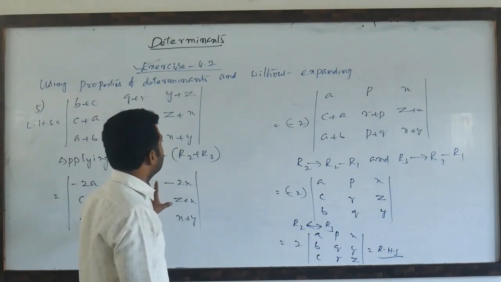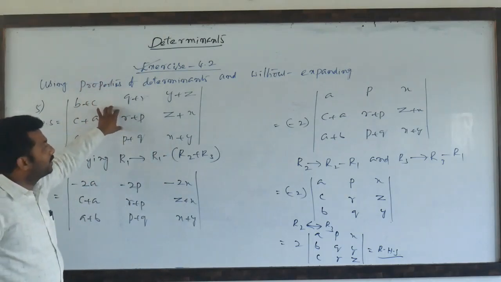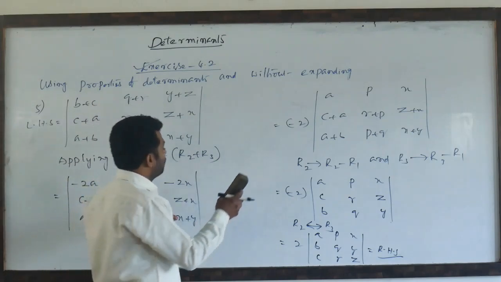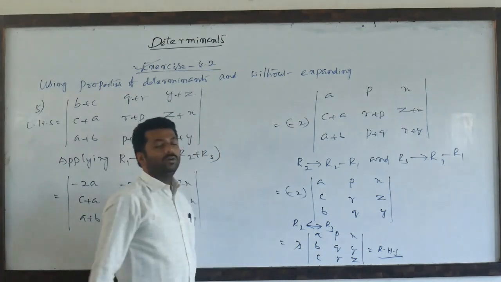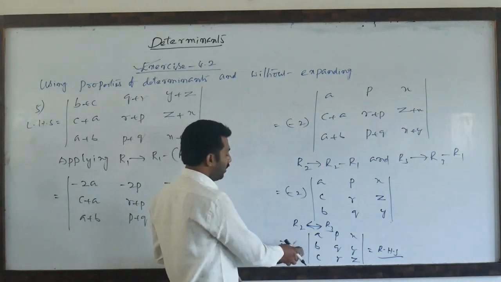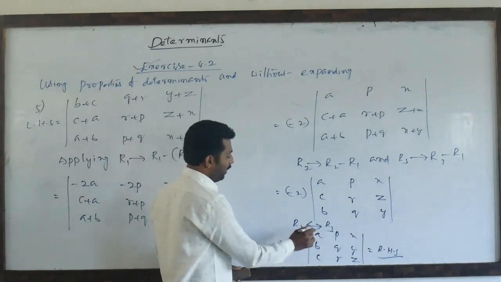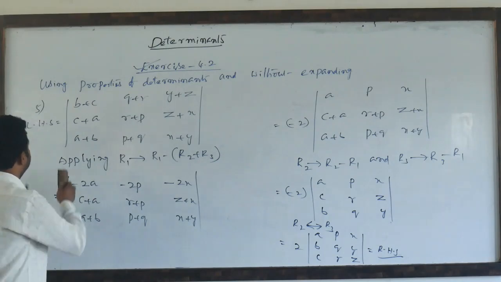Not only a 4 marks question, sometimes they will ask an entrance problem. They will remove some constant here and put lambda. They will ask what is the value of lambda. So you have to tell the lambda value, 2, or they will write k. So k value is 2, you have to answer like this.